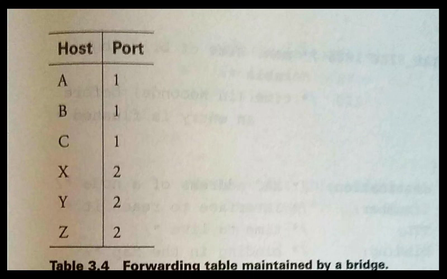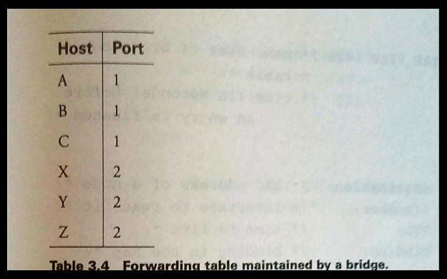So based on that particular destination address, it is going to decide whether the frame has to be forwarded on that particular port or not. Here there would be no need, because host A would have already directly received the frame on the Ethernet network connected to port 1. Anytime a frame addressed to host A was received on port number 2, the bridge would forward it on port number 1. Having a human maintain this particular table is quite a burden, but a bridge can learn this information for itself.